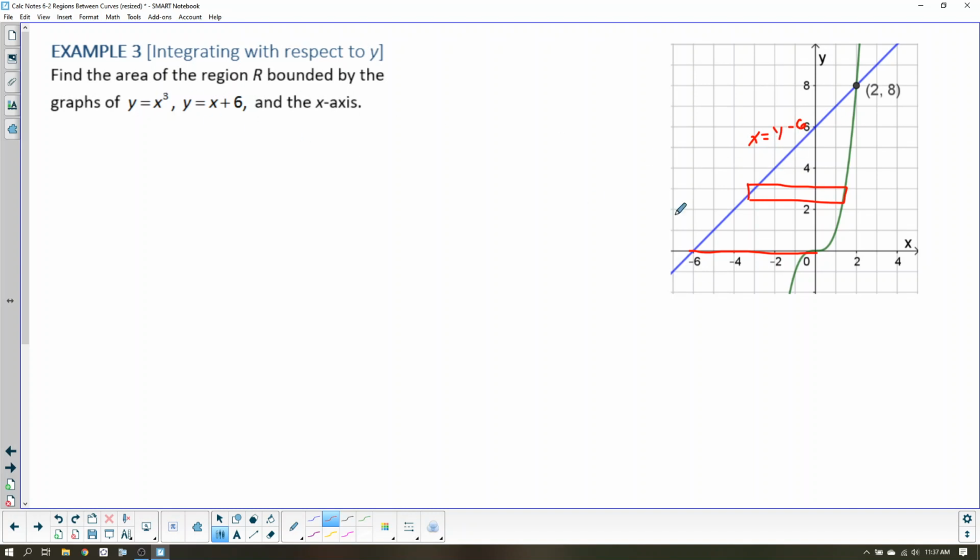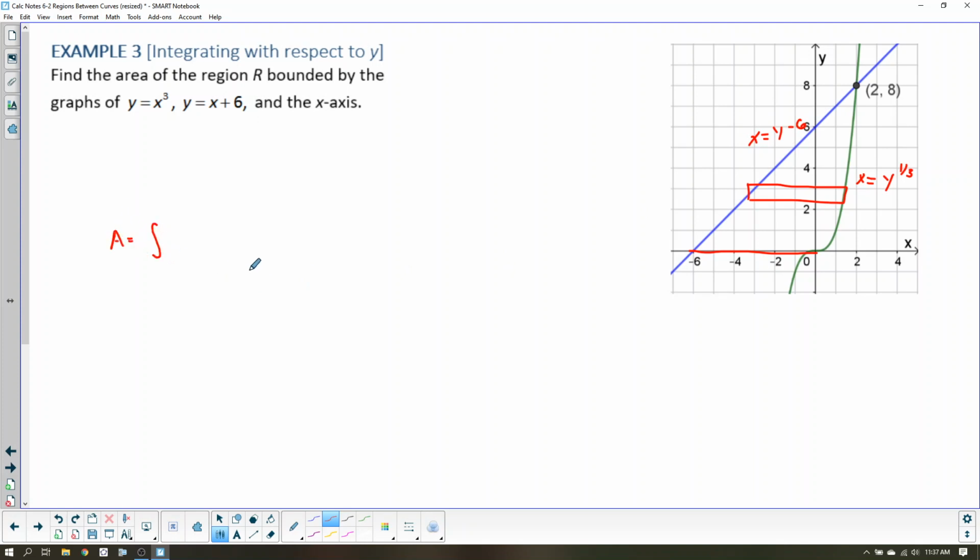Do the same thing with this one. This is the cubic function, but if we solve it for x, it will become x equals y to the 1/3, the cube root function. So the cube root function is the upper, and this line is the lower. So our area